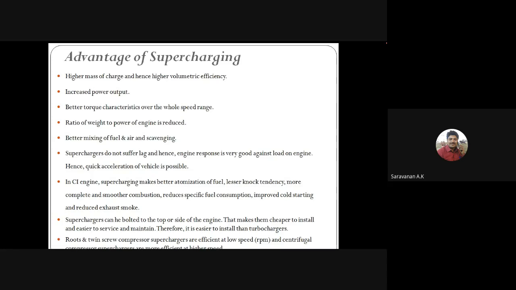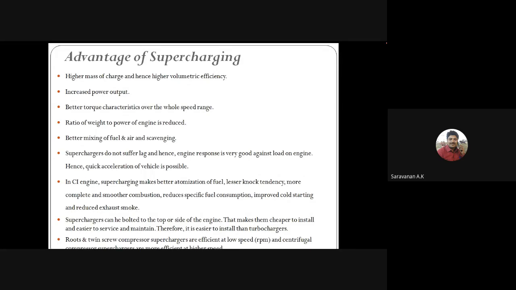In the CI engine, supercharging makes for better atomization and vaporization of the fuel, so the knocking tendency will be very low, and the combustion is smoother. It will be very good for specific fuel consumption, and it will improve cold starting. The disadvantage of CI engines most of the time is the cold starting condition, so this avoids it too, and it reduces the engine emissions, that is the exhaust